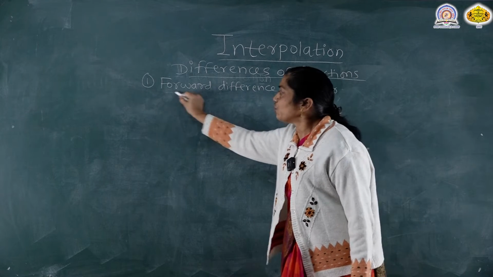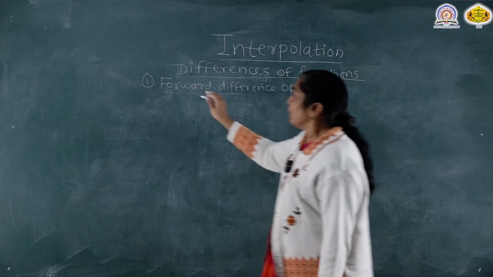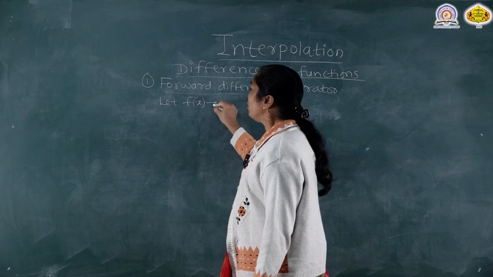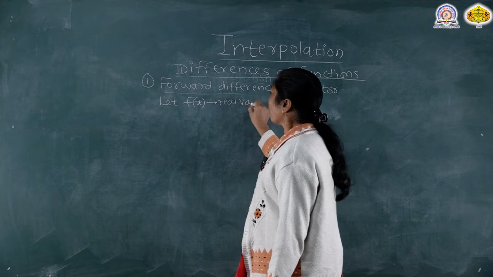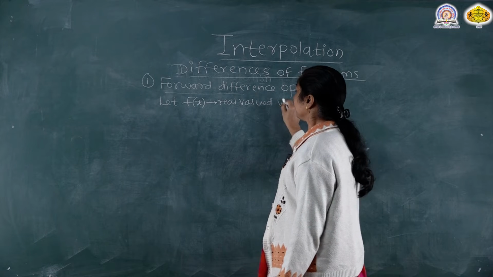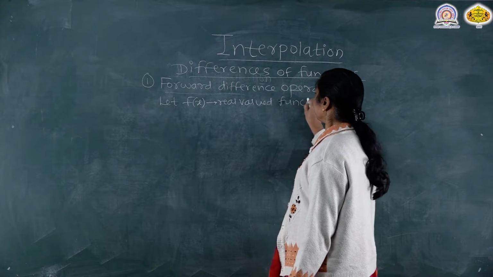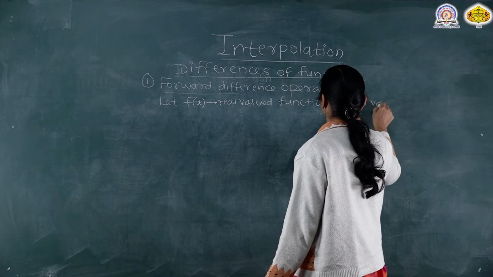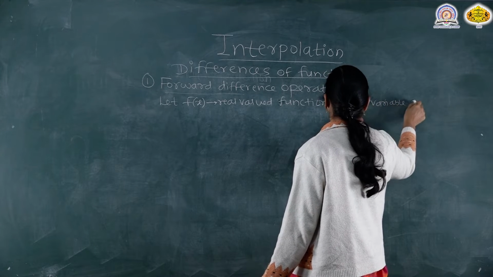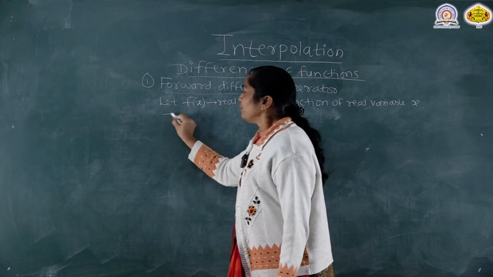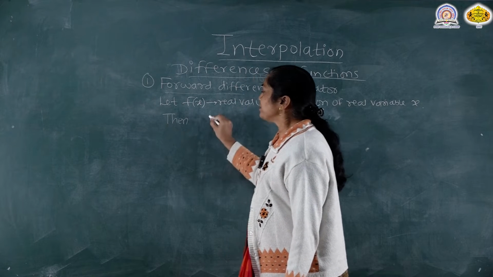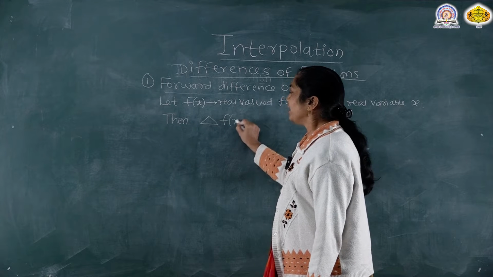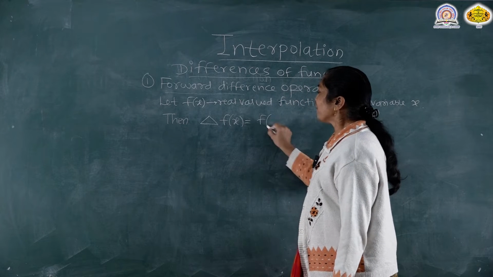What is meant by forward difference operator? Let f(x) be a real valued function of a real variable x. Then the forward difference operator is denoted by the letter delta and defined as